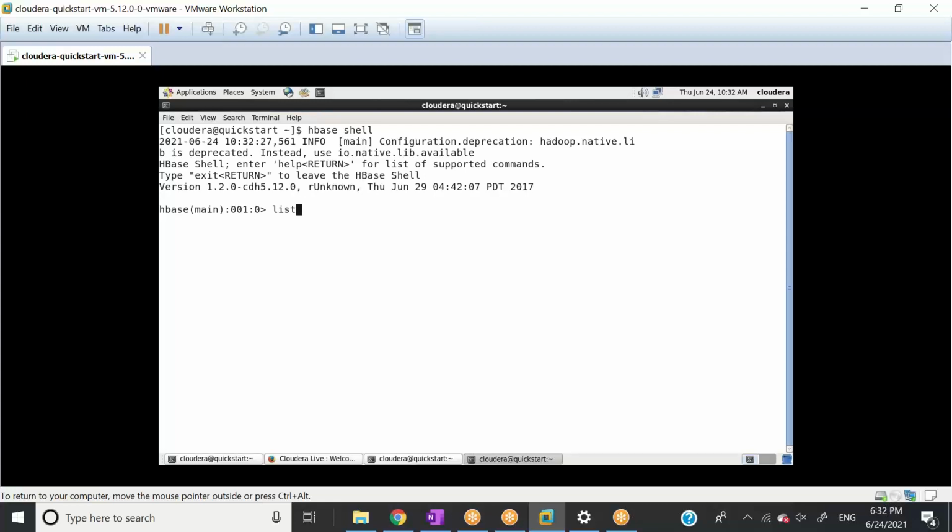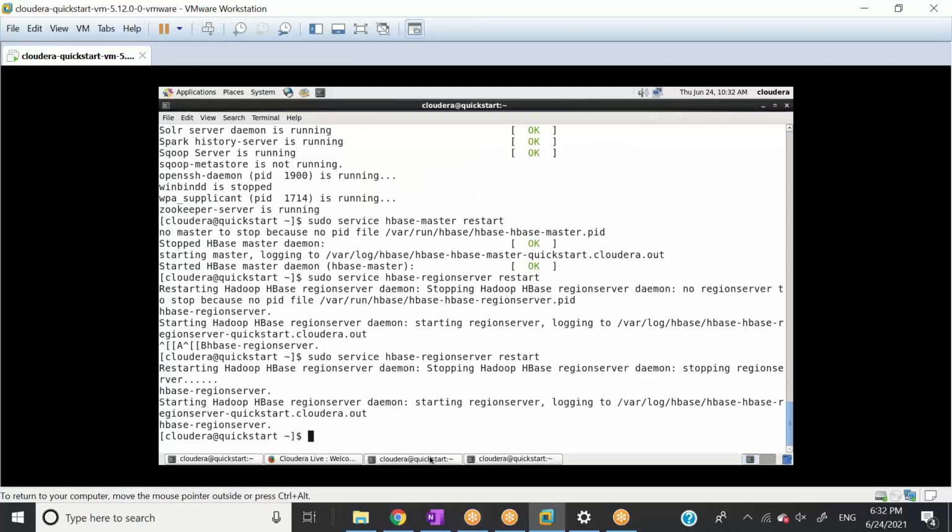Now let's run list, any command you can run. Okay, so see, it worked, right? We have 4 tables I have created for you guys, and it worked for us. So we ran 2 commands. The first command was HBase master restart. The second command was HBase region server restart, and it worked for us.